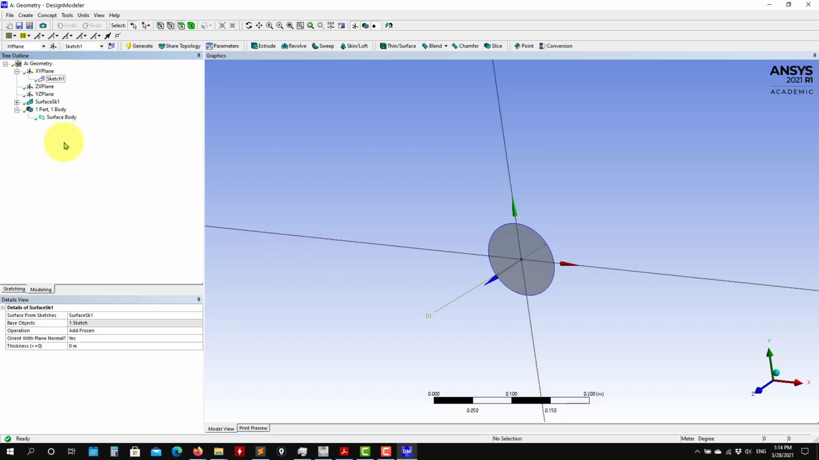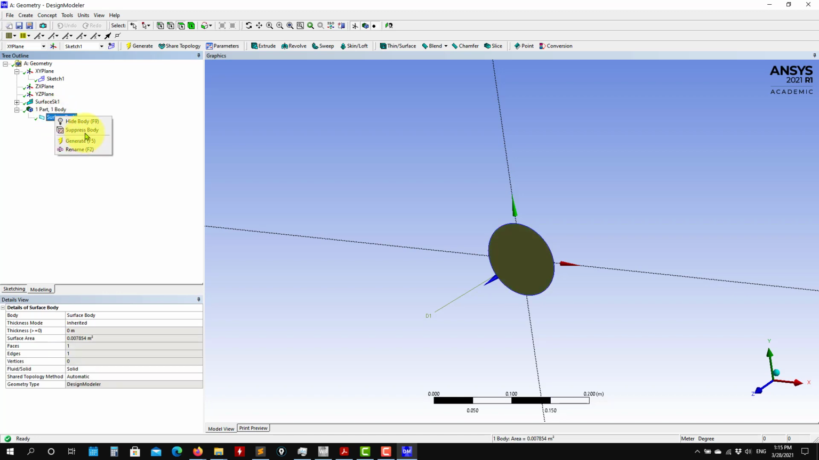Okay, so we were talking that when you go to meshing, you always want to have one single part. As we keep creating more parts and stuff, you just suppress: right click and see that you can suppress. For the moment, I don't want to suppress. And now that you have this, what we can do is extrude,